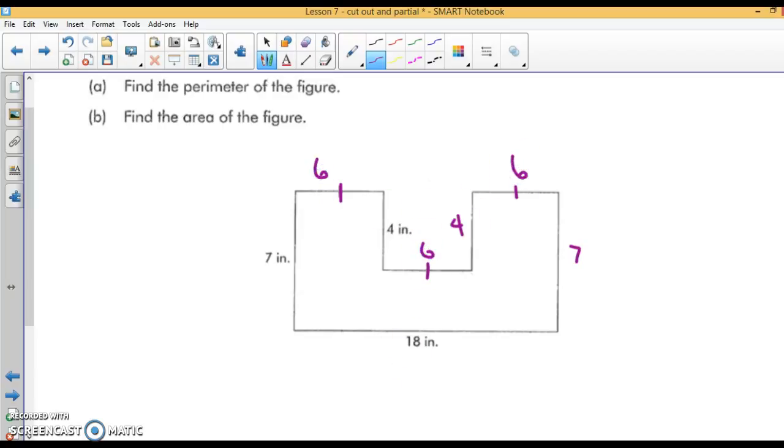So, if I find the perimeter, I'm going to start here and go clockwise. 7 plus 6 plus 4 plus 6 plus 4 plus 6 plus 7 plus 18